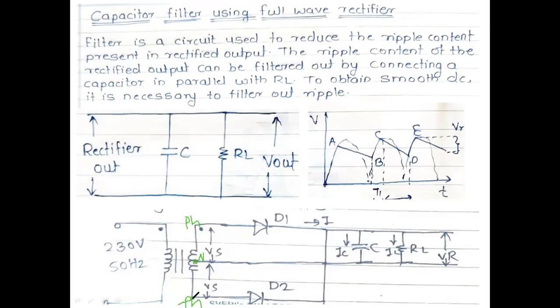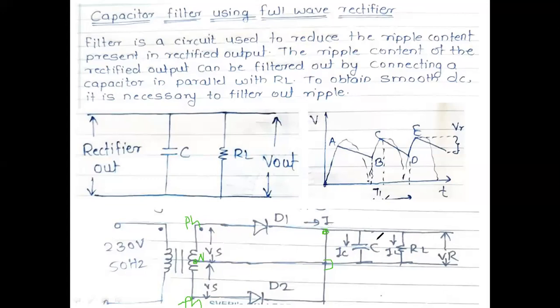For the negative half cycle, diode D2 will conduct and it will flow like this, and it will charge the capacitor here, and the current will flow through the load resistance and go back to the neutral here now. Actually, this point is not connected here, remember that. This line is not connected to the neutral. The diode current should come through the load resistance here. This one also should go to this part here; the connection is actually at this point.